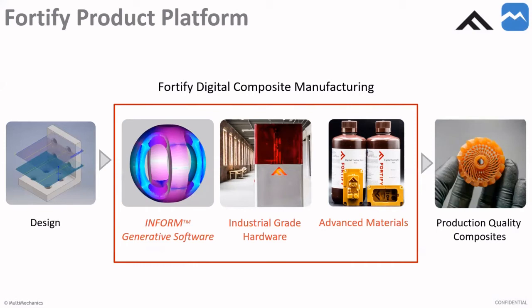Once you have that orientation mapped out, it then exports your file package to the printer. We've designed and made our own printer in-house. It's based off of a DLP style 3D printer. And we add a number of different components that allow us to process composites, mainly a magnetic system around the